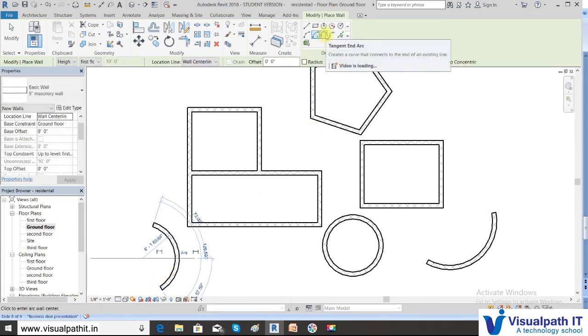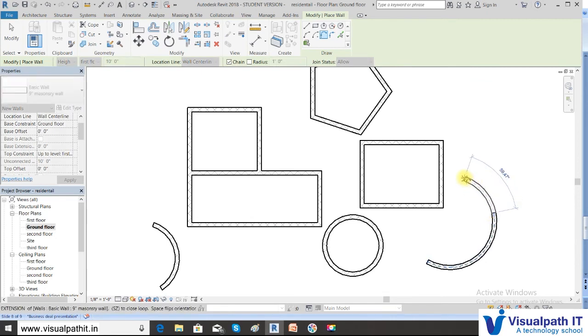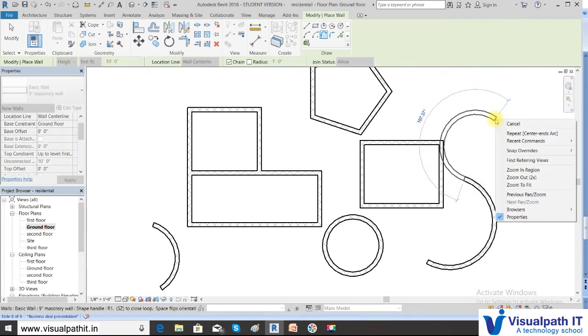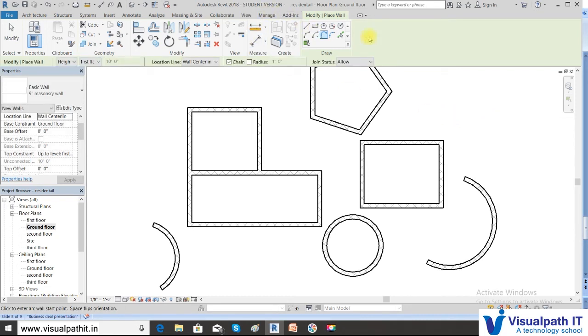Here we have the tangent end wall. So you need to define the tangent wall. Then you will be having the fillet arc now. Now what is fillet arc? Fillet arc is cornering, rounding off the corners of the straight wall. So you need 2 walls here. So click this button, fillet arc, define the radius. By default it is 1. You can define the radius by clicking on this and make it radius 2, or you can directly on the graphics, select this wall and select this wall and drag your cursor so that you define your radial wall.